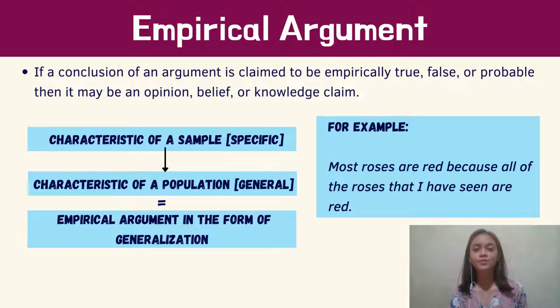For example, we have most roses are red because all of the roses that I have seen are red. The argument formed from the characteristic of a sample, which is specific, to the characteristic of a population, which is general, will then provide us with an empirical argument in the form of generalization. In order to validate if the conclusion is true or probable, the premises should provide evidence, such as observations and studies. We should take note that if the conclusion is empirical, its premises that are relevant to it should also